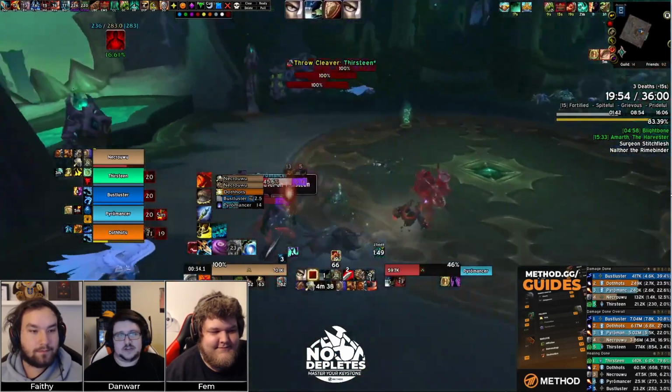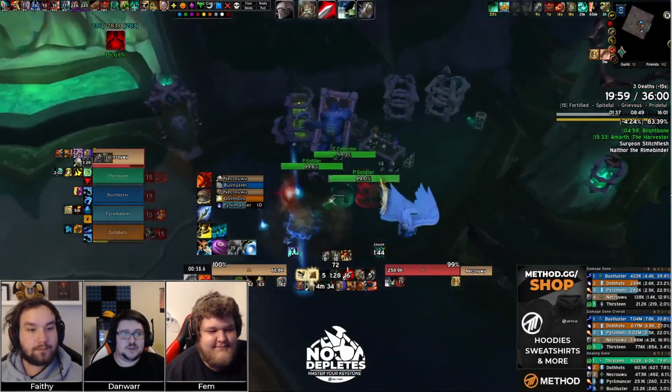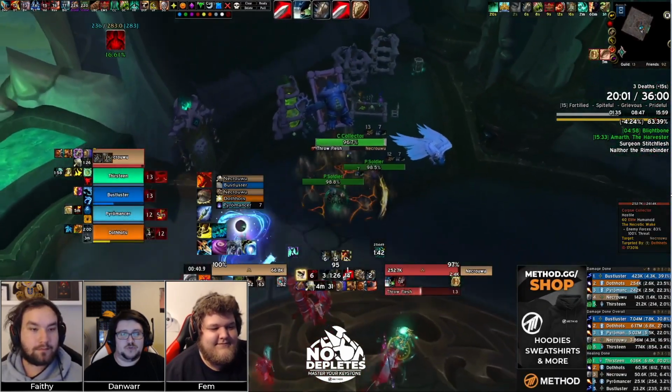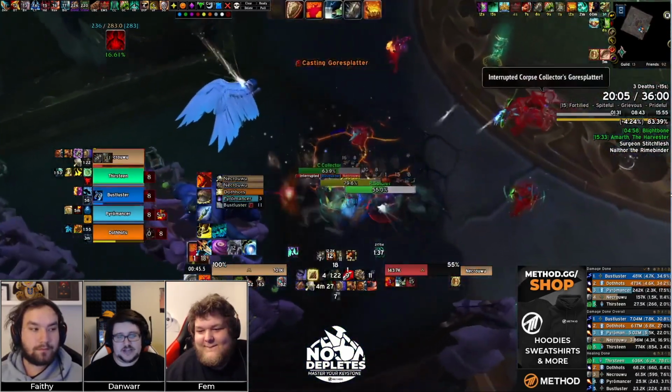You just don't want to stand in it. You can stop that with stuns or with a disorient, and it won't recast. So if you are lazy as a melee and don't want to move out, just stun it or gouge it as a rogue, for example, or blind it, and you can just stand in there and won't have to worry